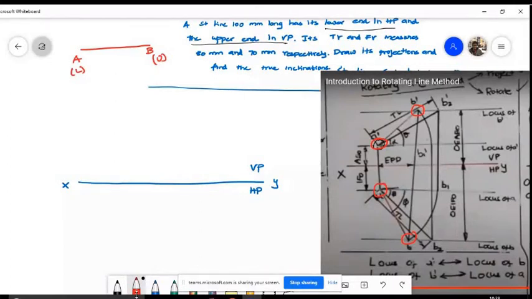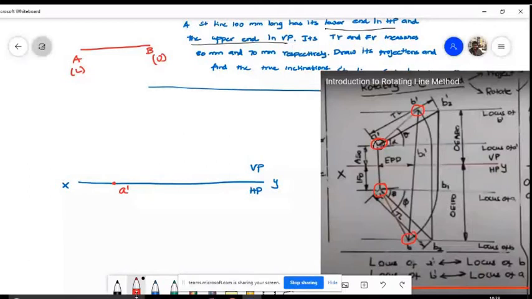Front view. Okay, that's correct. Is everyone able to visualize that? Yes, sir. So that will be visible in the front view. So I'm going to mark a point in the front view. Okay, so it's in the front view, right? And also it is the lower end, so I'm going to name this A dash. Am I correct? Yes, sir. Okay.